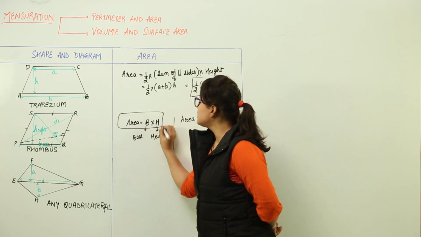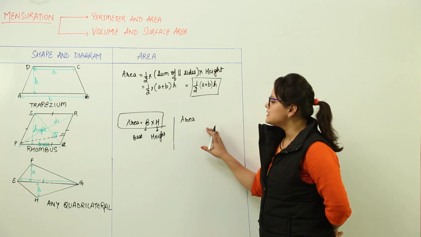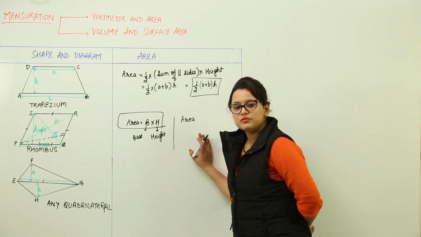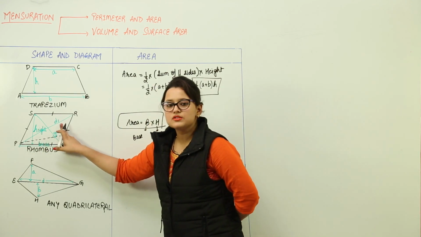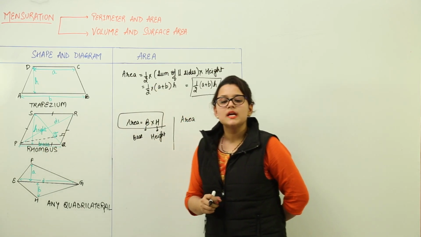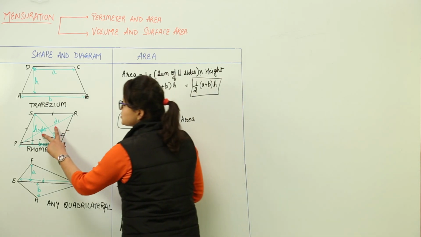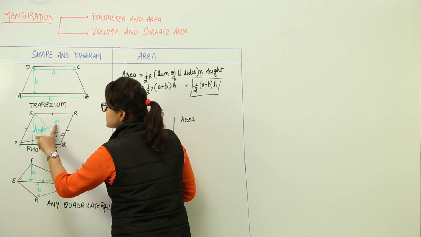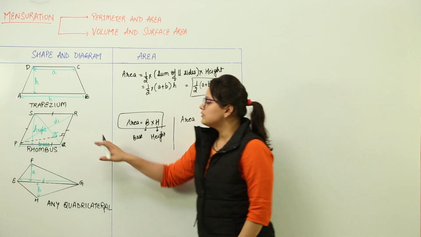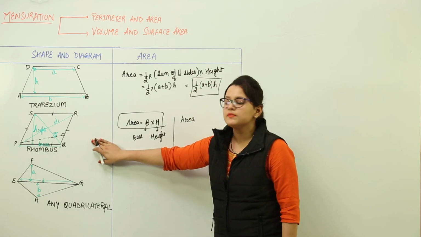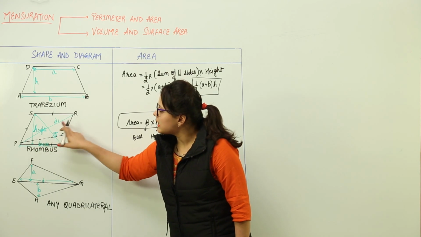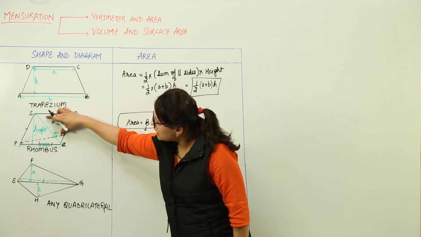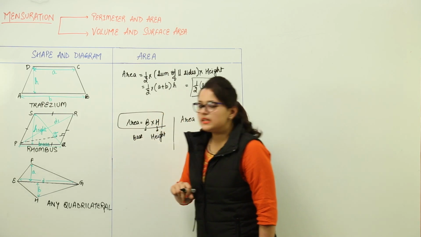That is one formula. For the other case, that means if you do not have the base and height of the rhombus known, what can you do? You might have the diagonals known to you. Now what are diagonals? Diagonals are line segments that join the two opposite vertices of a quadrilateral. Now this is a four-sided quadrilateral, right? So here the diagonal D1 is the line segment PR and diagonal D2 is the line segment SQ.